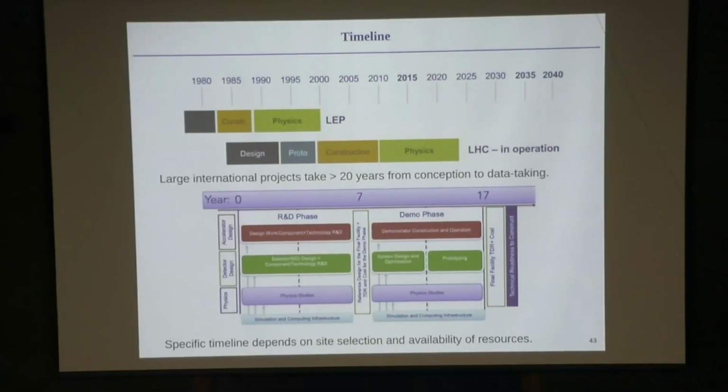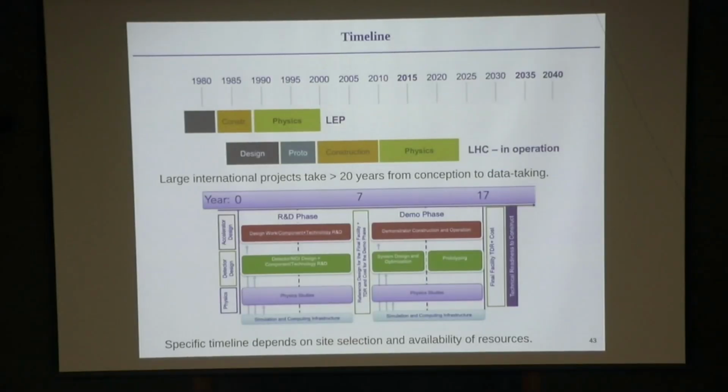Okay, but let me tell you just briefly about when such a collider could be realized. There should be no surprise that it will take time. This is just to give you an order of comparison. This is the latest e+e- collider we ever had, and the latest hadron collider we ever built, the LHC. Each of these projects takes around 20 years from when you start designing them to when you finish constructing and start taking data. And a muon collider will not be an exception.